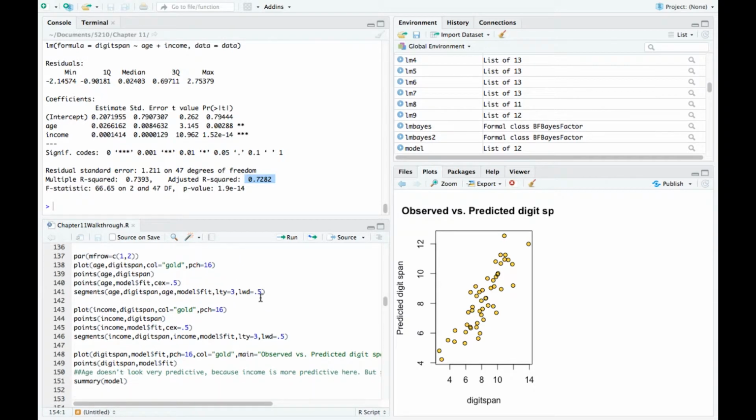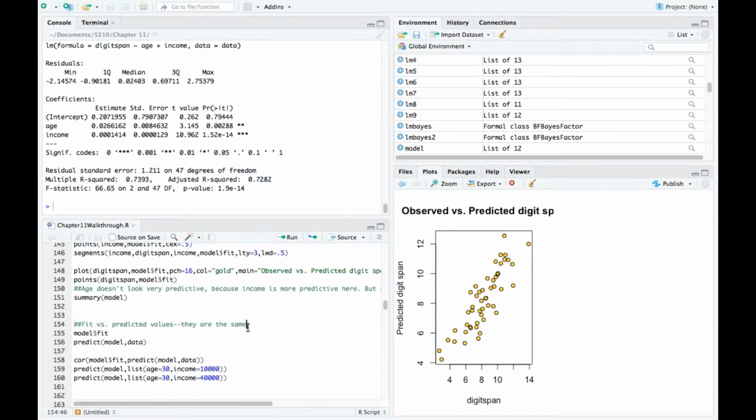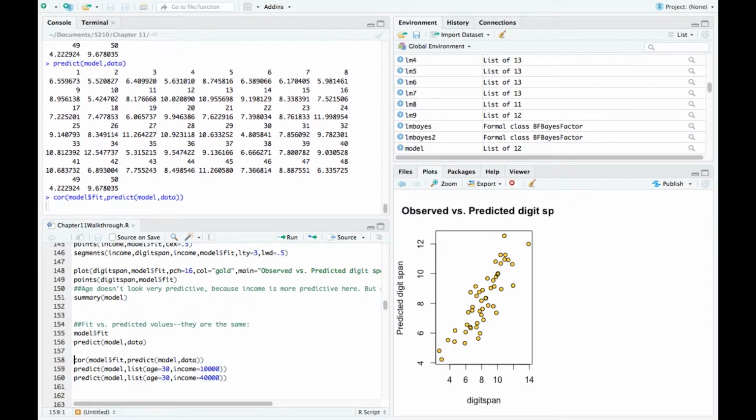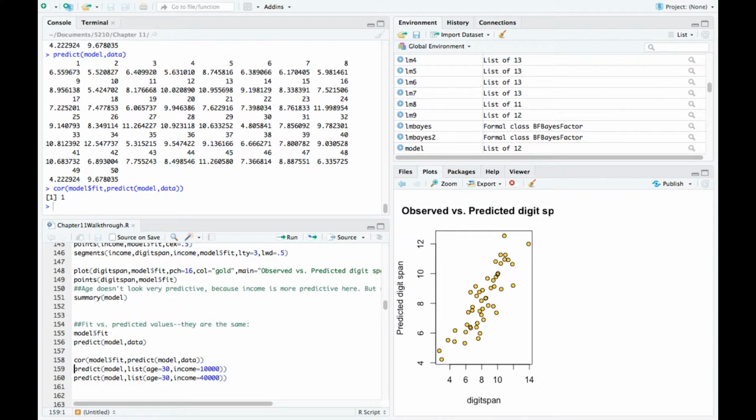All of those things are things you know how to do. But just think about, we can see what the fitted values are, and I plotted those earlier, and we could get those from predict. That's the same thing. I can prove they're the same by correlating them. The correlation is 1. But now recognize that I can, if I know,